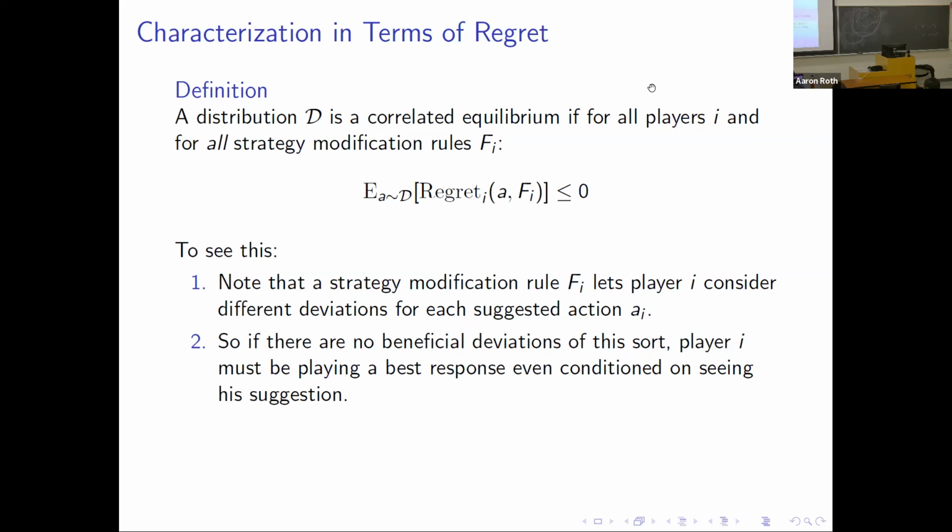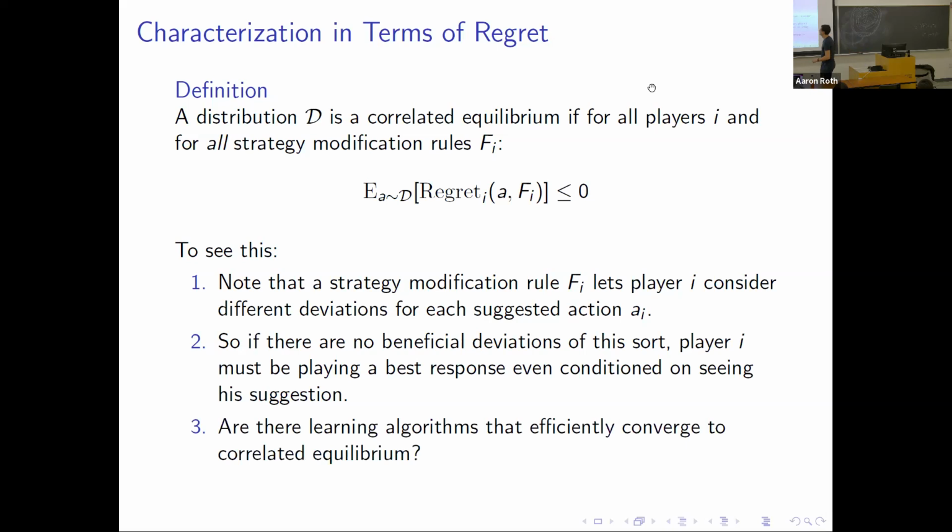So, a coarse correlated equilibrium corresponds to no expected regret to constant functions, functions that can go off on their own, but can't interact with the randomness of the correlating device. Correlated equilibrium corresponds to no expected regret to arbitrary mappings between suggestions of the correlating device and actions that you take. You should just follow the actions. And